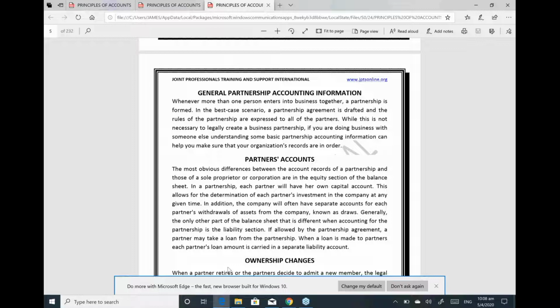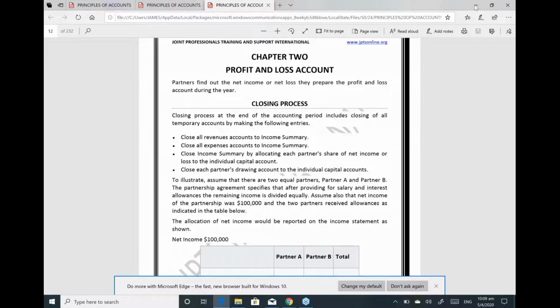Additional investment, which is 10,000 and 20,000, that's 30,000. The capital plus investment, that is the additional investment plus the capital: A has 50,000, B has 50,000, and the total is 100,000. Then we look at net income for the year, which is added to the investment and the capital. Then we have 60,000 for A, 40,000 for B, then 100,000.